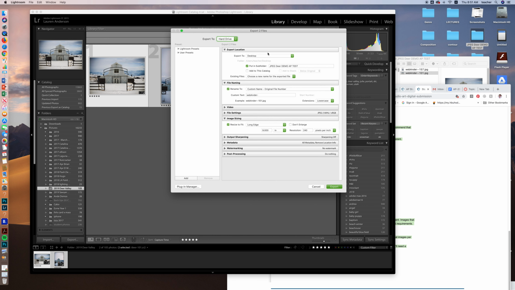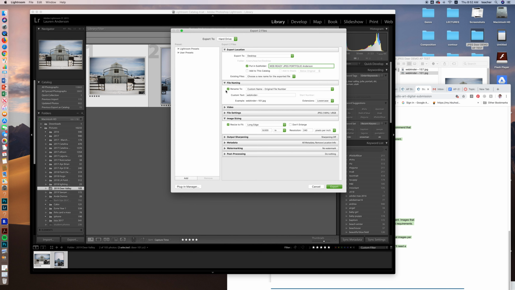Because you want to know where your files are going, you kind of want to control that. I'm going to send them to my desktop right now because they're going to be a working copy. And I'll just go ahead and give it a different name. I'm going to call it Web Ready. And that's really to designate that these are files that are going to be uploaded to the web. Portfolio, and then I probably put my name so we know it's me, and that's the subfolder that you're going